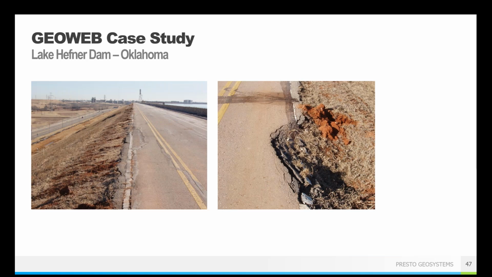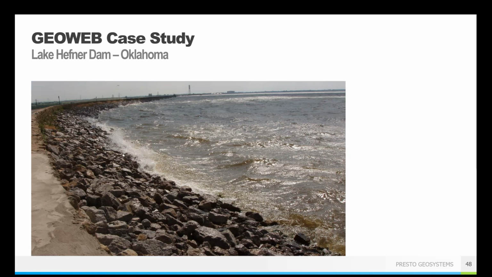All right, so this is another case study. This is now in Oklahoma, the Lake Hefner Dam. And so this is a vegetated solution on the dry side of a dam. So the Lake Hefner Dam was experiencing erosion damage along the bank and underneath the road on the dry side of this dam from a number of years of overtopping from the dam, but also sheet flow off of this paved road. So the water was flowing off of the road down the dry side of this dam, causing erosion. It was undermining the road. You can see that road was starting to become damaged. And in this case, excessive rains and high winds had contributed to the overtopping issues.